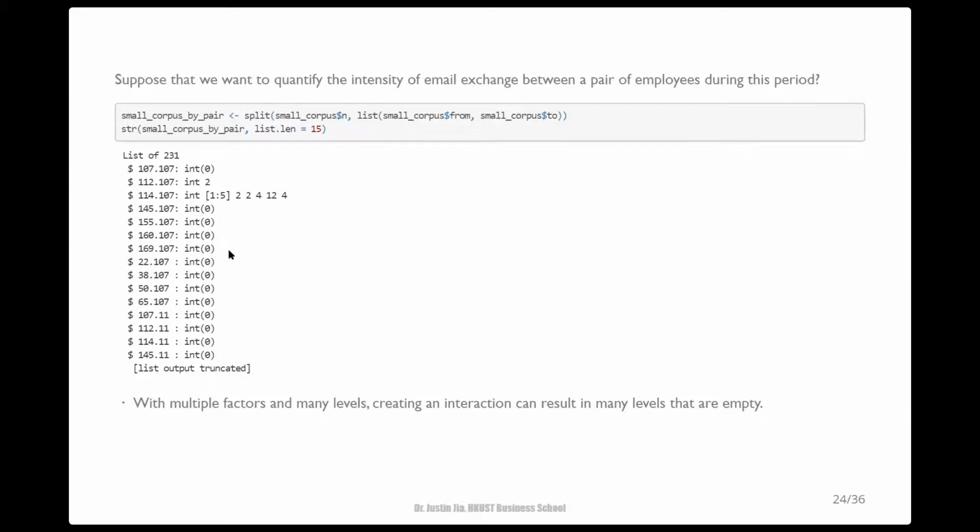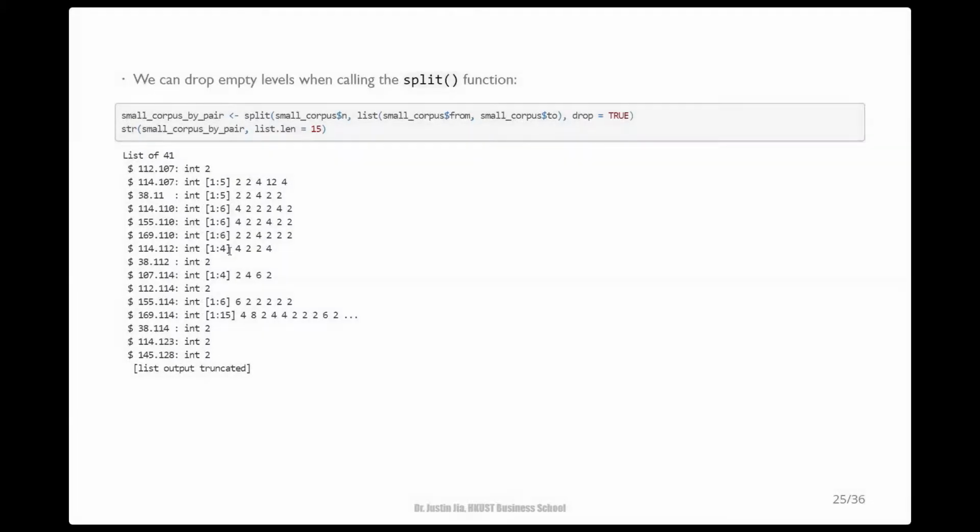And these interaction levels are not very useful for our subsequent analysis. Actually, we can drop those empty levels from the output by simply setting this drop option to true, as shown here. Then there will be no empty groups anymore.